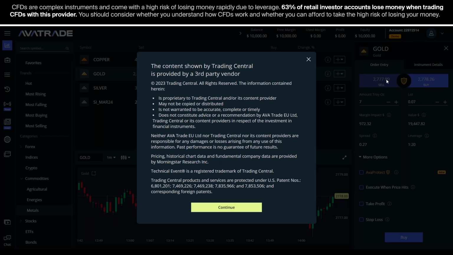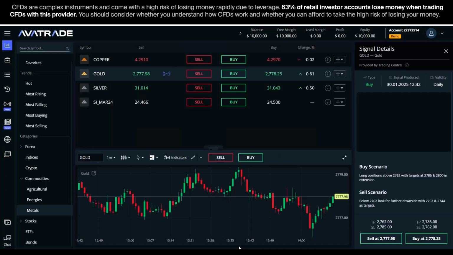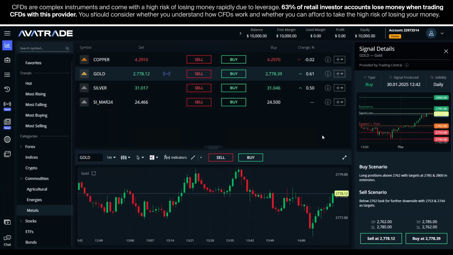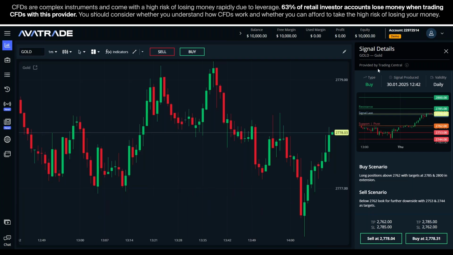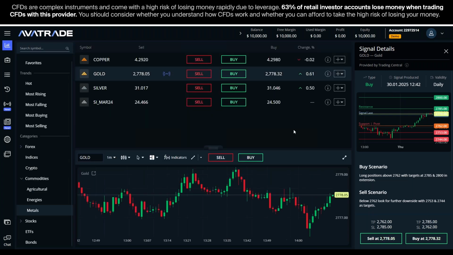This is not AvaTrade giving me the signal, but Trading Central. Completely fine. Let's click continue. When we click on this here, we get the signal, and it's exactly the same as what I would have gotten from here. The difference is, if I want to trade a particular asset and I'm not sure if it has a signal or not,